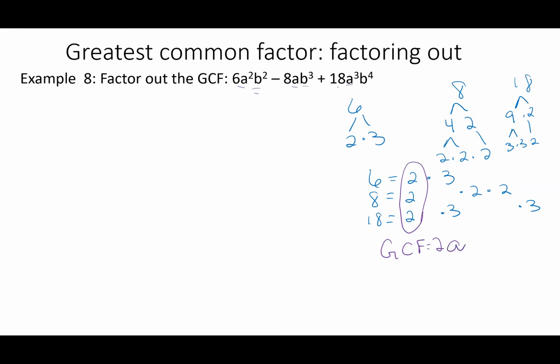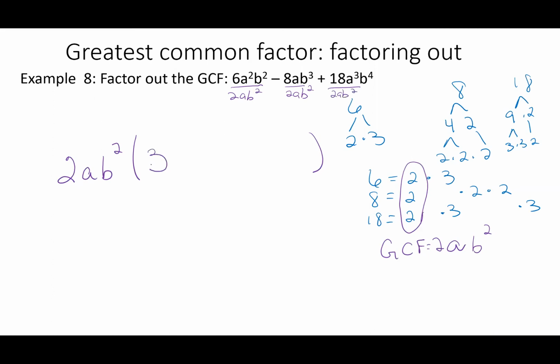Looking at my B's, I have a B in everything, and my smallest power is B squared. So I'm going to factor out 2AB squared and determine what's left. So I'm dividing each term by 2AB squared. Every one of them. So you divide the coefficients,